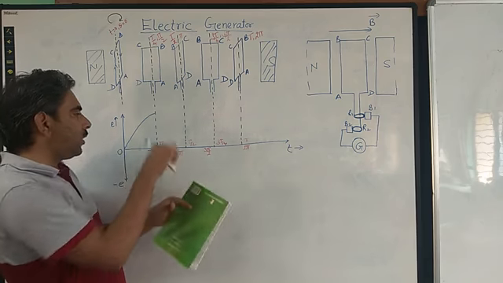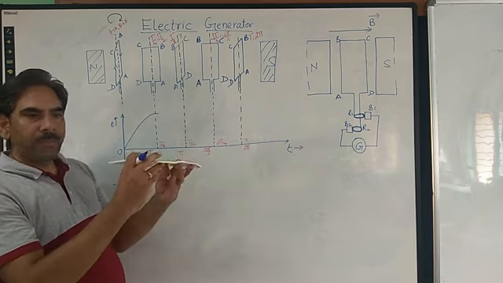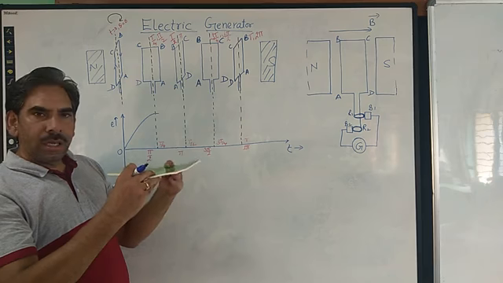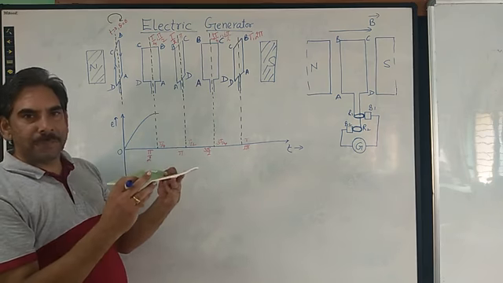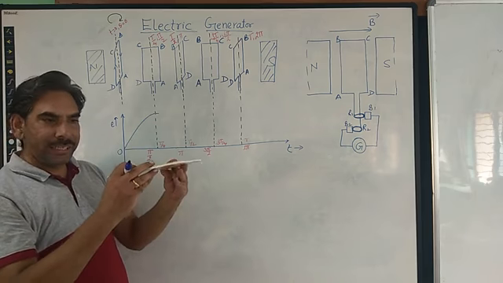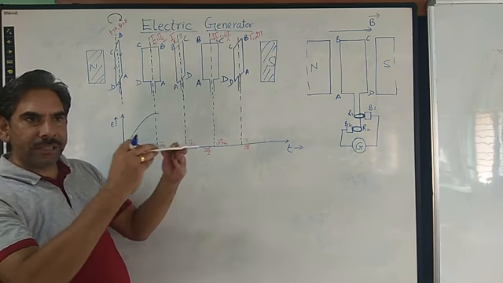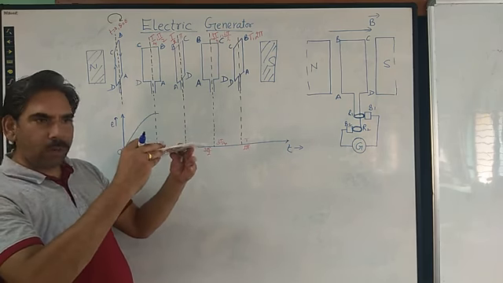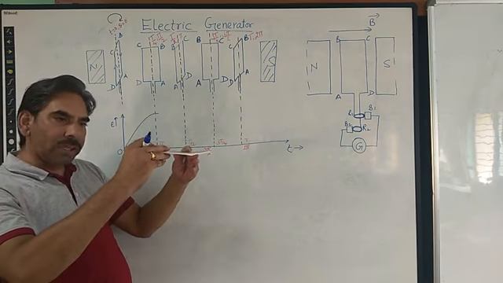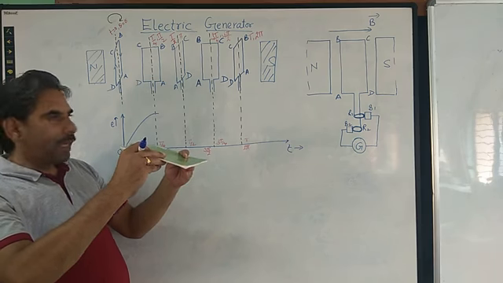So the value of EMF induced initially is quite high, because the coil intercepts the magnetic field lines at a faster rate. It cuts, or intercepts, the magnetic field lines at a faster rate whenever it is moved from this situation. So we further rotate it, the rate of change of flux is maximum,